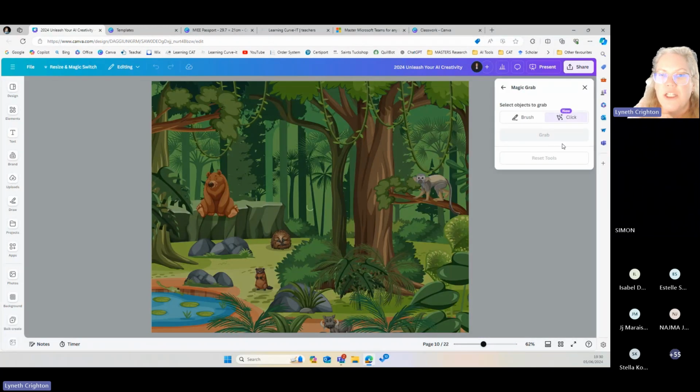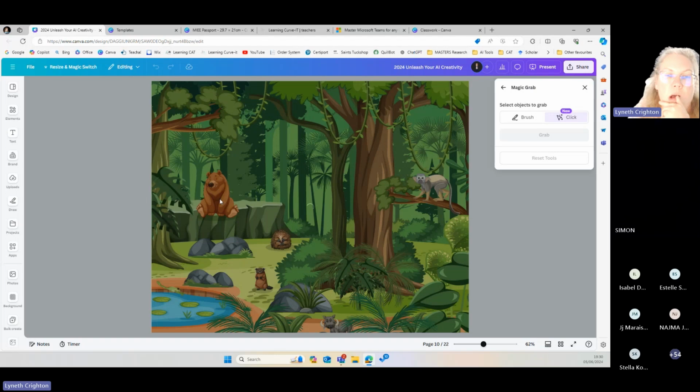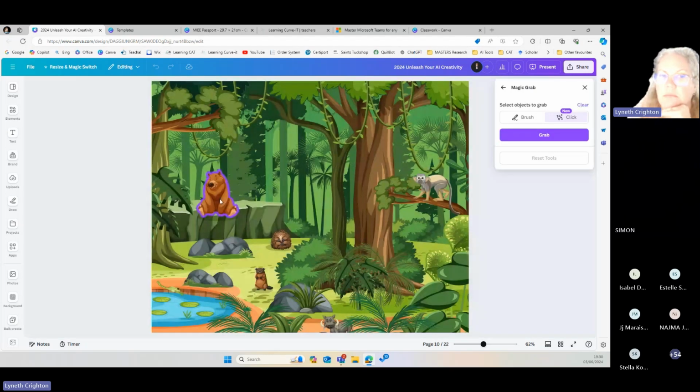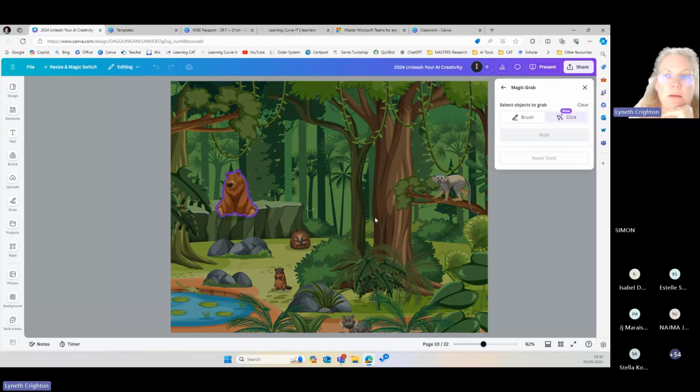If I use Magic Grab, I can choose what to grab. So I've now clicked over the nice bear in the corner.